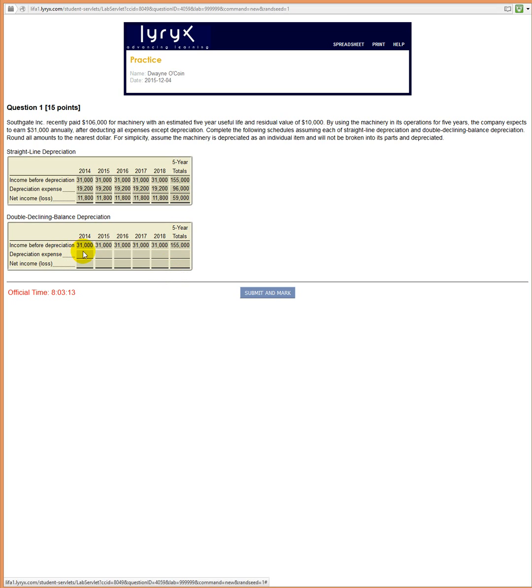Okay, so now we need depreciation expense on the double declining balance approach. So we need to take 2 over 5, the useful life, multiply that by 106,000, and we will continue depreciating it until we get below 96,000, which is the 106 minus 10,000. So here, the second year, we take the 106,000 and we subtract the first year's depreciation of 42,400, and then we drag that forward, and we subtract 25,440. Drag that forward,